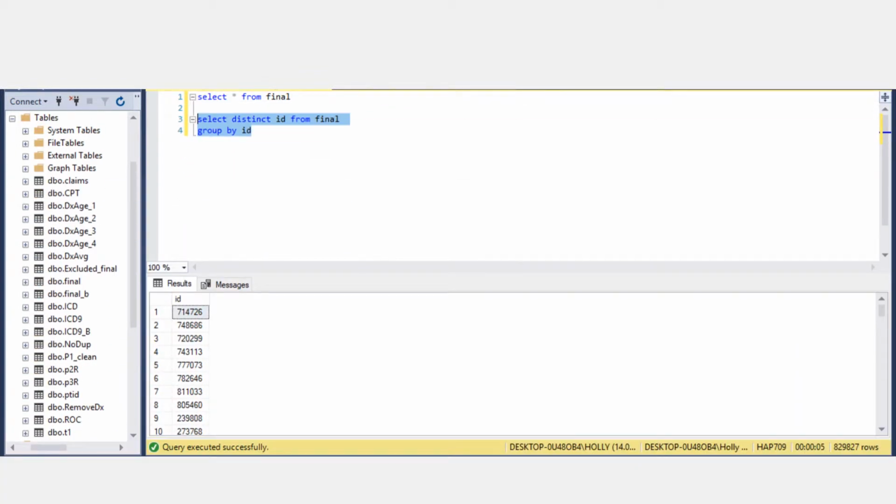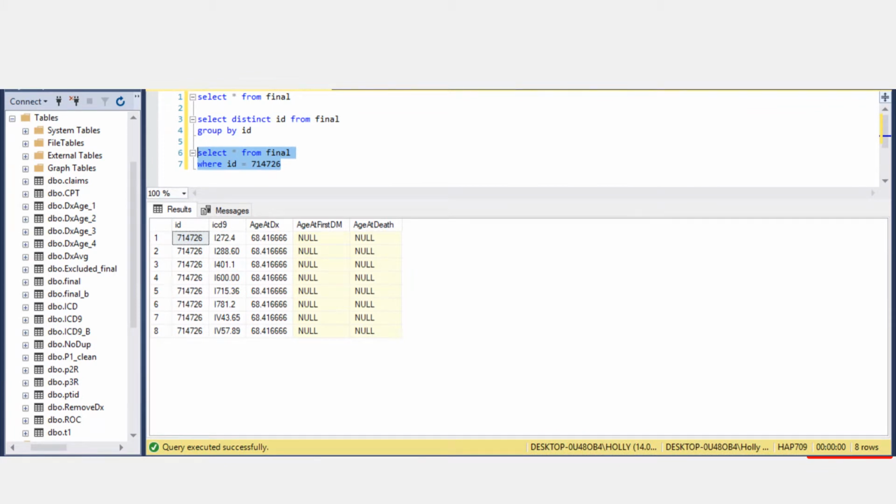In this next piece of code, I was able to select a distinct ID from my combined file. So here you can see that there are 829,000 patients out of the 17 million data records, meaning that patients may have multiple records, maybe for multiple diagnoses and diagnosed at different ages. For example, I will take the first ID from my results, patient